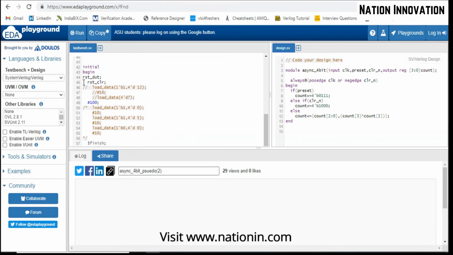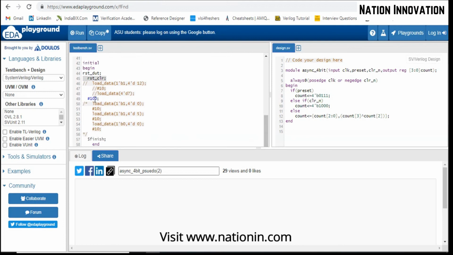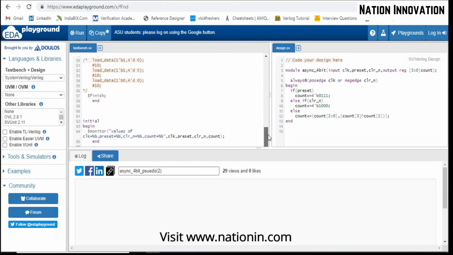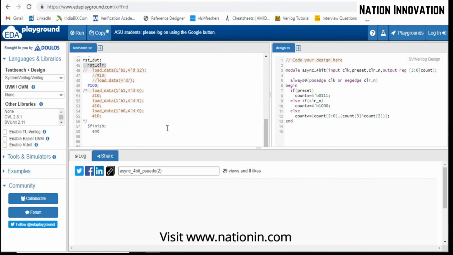After that, one clock cycle. For one complete cycle, from negedge to negedge, preset will be high. Then we are calling the reset signal, so reset will be high from the next negedge to the next negedge. After a delay of 100, it will wait for 100. All this functionality will be internal, like XOR operation, and for the 100 delay unit it is going to provide four-digit random numbers.